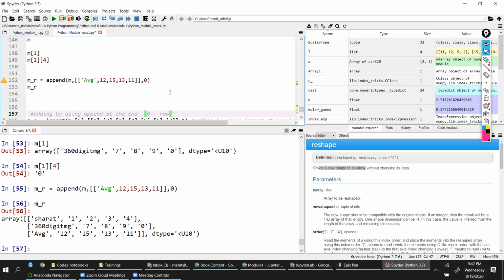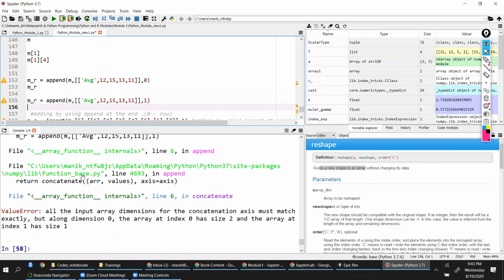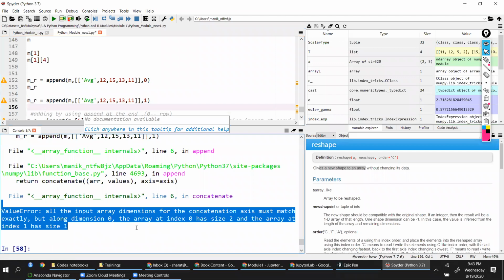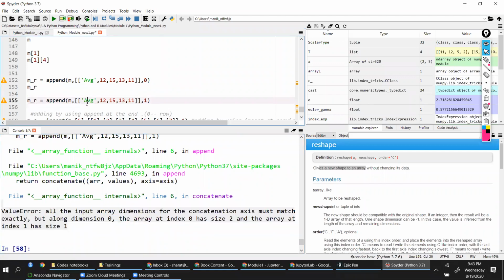Okay. So let me show you. If I change this 0 to 1, it will not work out. It will throw an error. Because when you are defining your two-dimensional array, always these are taken as rows.